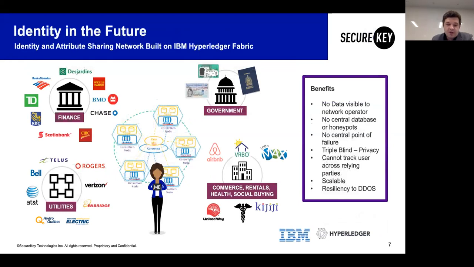And in particular, a specific feature of our design is something that we call triple blind privacy. What that means is that no single party would be able to track a user throughout the system. So let's say you were to log into some kind of healthcare portal, perhaps you don't want your mortgage lender to know that you're going to, let's say, a cancer clinic or something of the sort, right? And that privacy promise is built into our design. So that's one part of it.